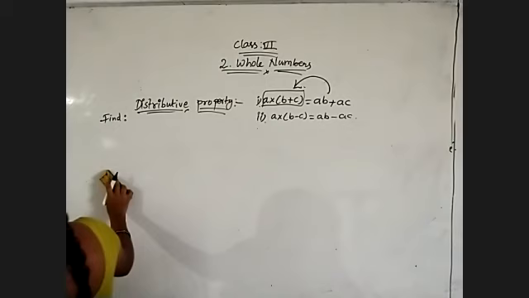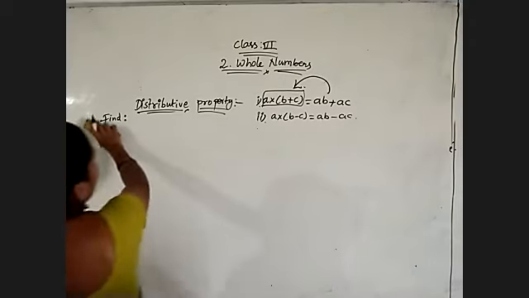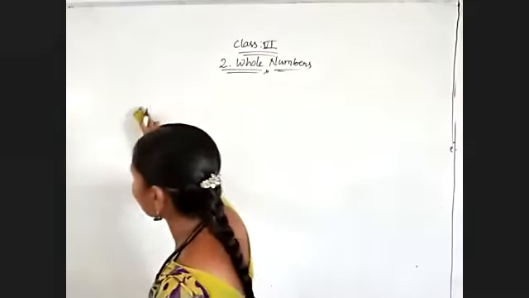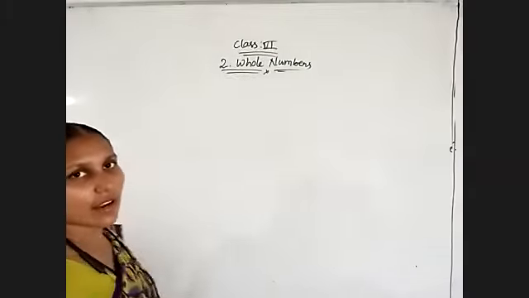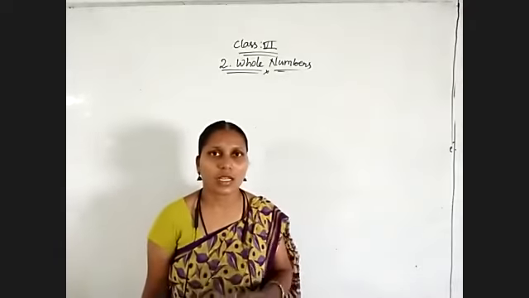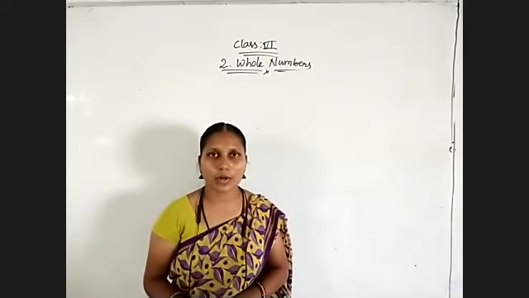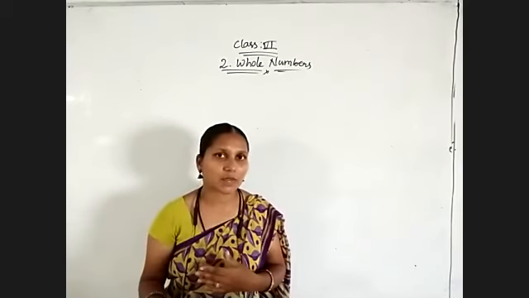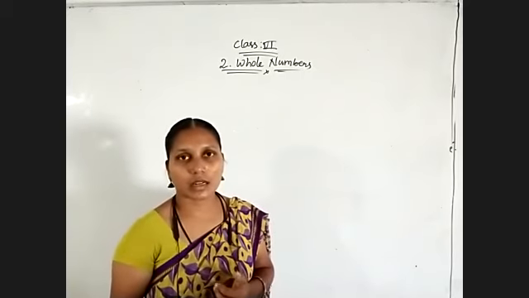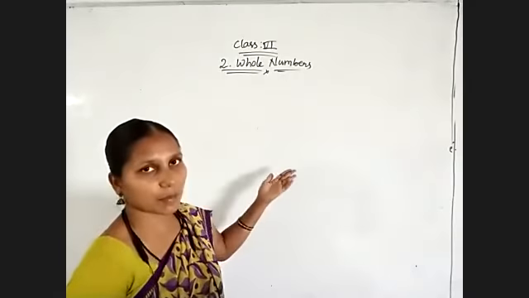So now coming to some of the questions from the exercise. So today we are doing the exercise 2.2 problems. Till now we have discussed the properties of whole numbers. Why I have explained this so slowly is because those are the basic properties. Now if you learn them properly, further topics will also be easy for you. That means for further numbers like integers, then rational numbers, all those numbers again we will get the same properties.